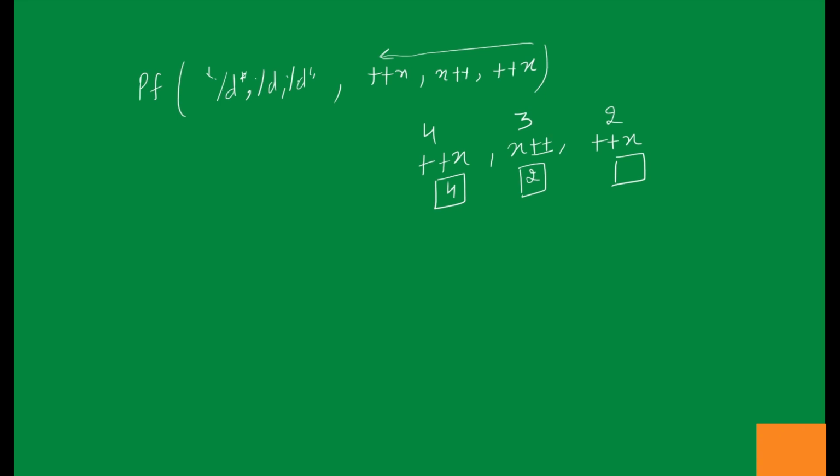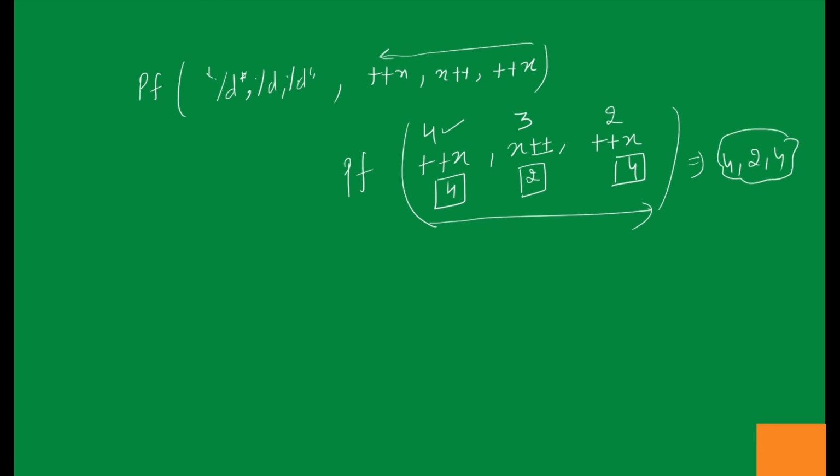Right? So what are we left with? We are left with the blank box. So whatever we are getting as the value of x, we are going to put it here. Right? So in the printf statement we will get the evaluation. Now we are going to print it from this side to this side. So it will become 4, 2 and 4. Right? So this will be the output. So that's it. This is how we are going to do the evaluation of the postfix and prefix expressions, and the combinations of different expressions combining the postfix and the prefix operators. Right? Okay.